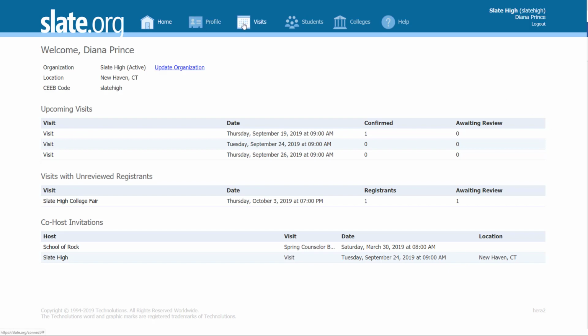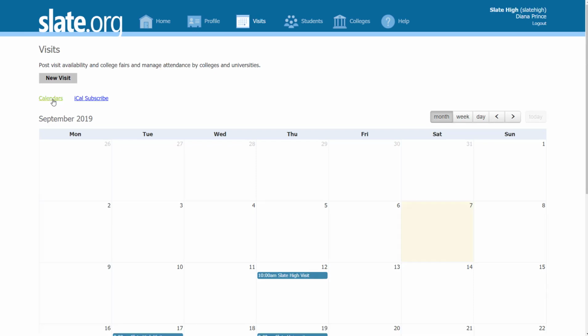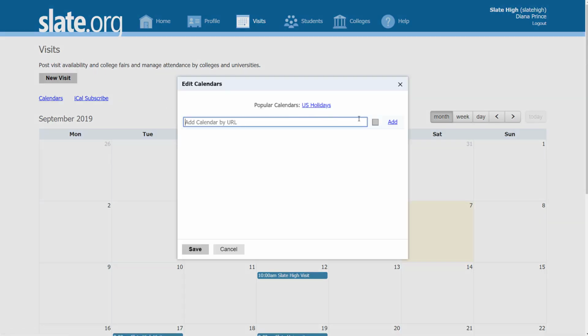You can get started by navigating over to the Visits icon in the top toolbar. From here, you'll see a visits calendar, where you can do anything from scheduling school visits or things like college fairs, anything that you want to make available in a free public-facing calendar for colleges and universities to see and request registration. Speaking of calendars, there's also the ability to drop in any type of school calendar or calendar that